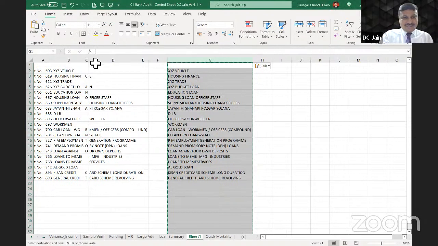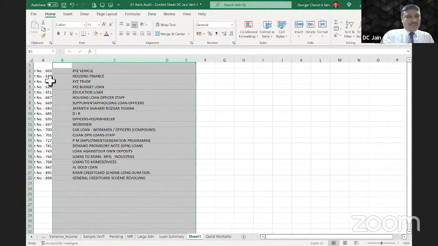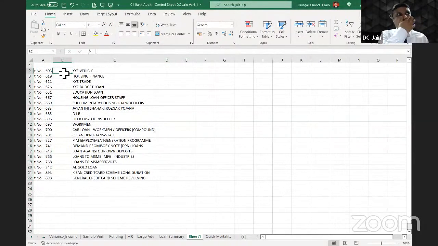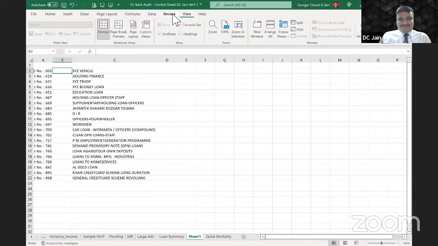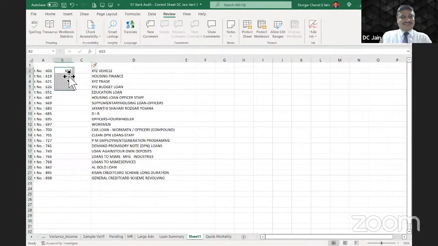So now I'll remove these things. Now here I need the product code separately and the IT number. How do I get the product code separately? 603. What is it? Flash fill. Okay. Where? Flash fill, type 603 and then